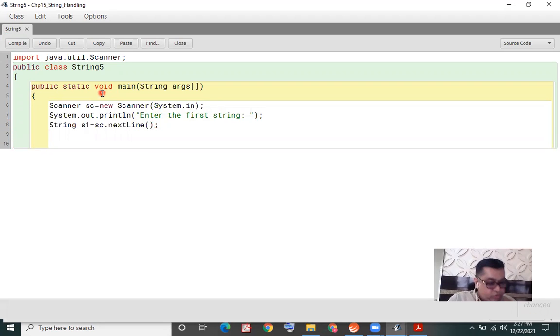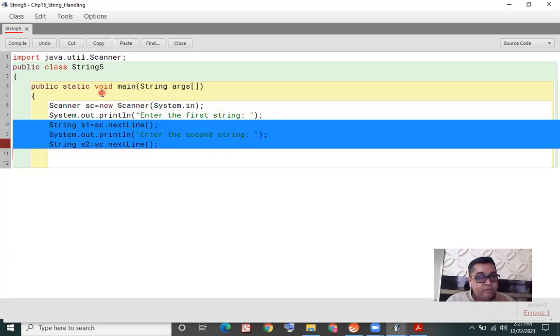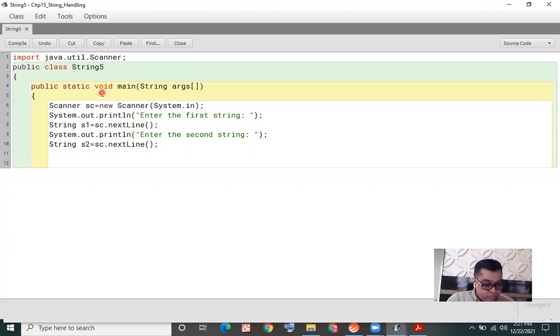Then I would like the user to input the second string, S2. We have actually entered from the keyboard two strings, stored them in S1 and S2.